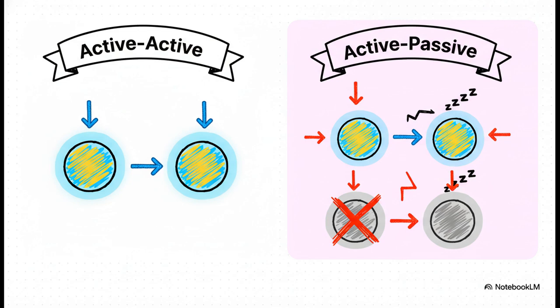The first is an active-active setup. Here, you have multiple load balancers all working at the same time, sharing the load. The big pro here is you get more performance, more throughput. The con is that it can be a bit tricky to keep track of what's going on, since your stats are split. The other approach is active-passive. You have one main load balancer doing all the work, and a second one just sitting there, on standby, waiting. If the main one fails, the passive one instantly takes over. This is way simpler to manage, but the downside is you're paying for hardware that's just sitting there doing nothing most of the time.